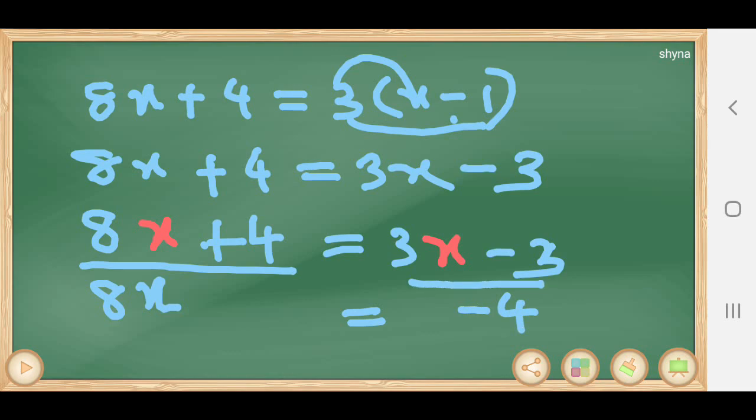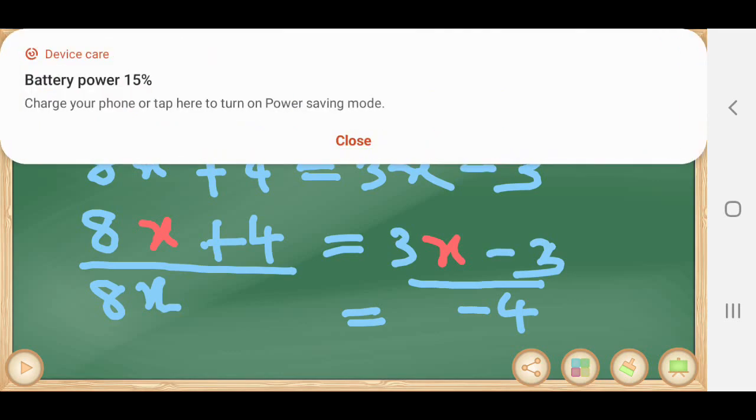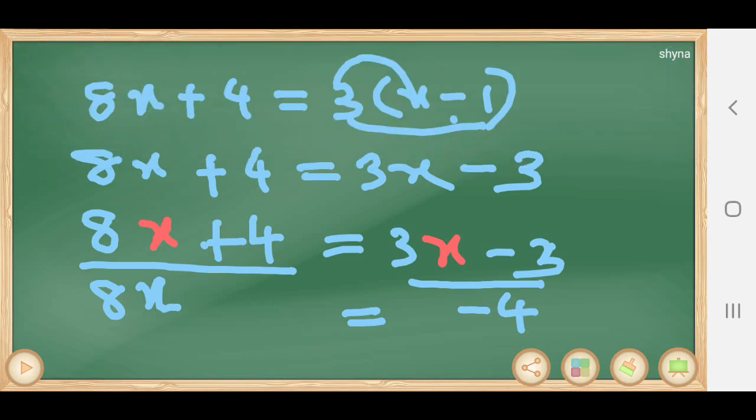Then two terms are already considered. What is next? In RHS, 3x minus 3. 3x is a term with a variable, so we have to transpose it to LHS. Here 3x means plus 3x, so while transposing, it will be minus 3x. 3x we considered. Now what is remaining there? A minus 3. Minus 3 is already in RHS, so same minus 3. 8x minus 3x equal to minus 3 minus 4.